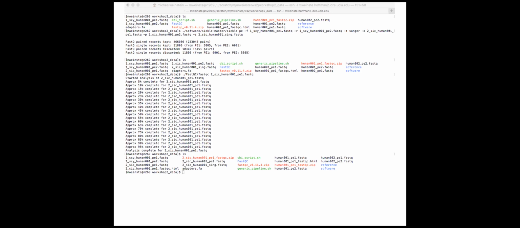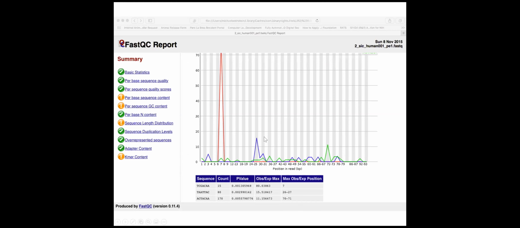All right, so for everyone who's gotten it, just copy that most recent HTML file to your desktop, open it up in your browser. And when you look over the basic report now, you should see that the sequence quality has improved. So as soon as you've gotten the FastQC report open on your browser, and you see that we've gotten better sequence qualities,